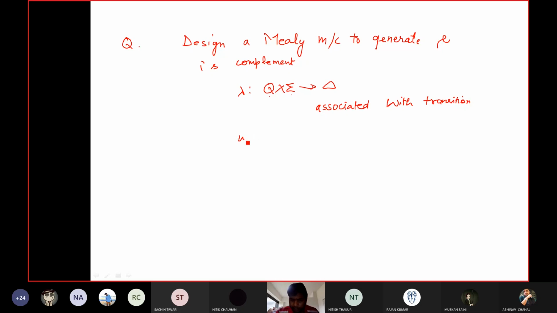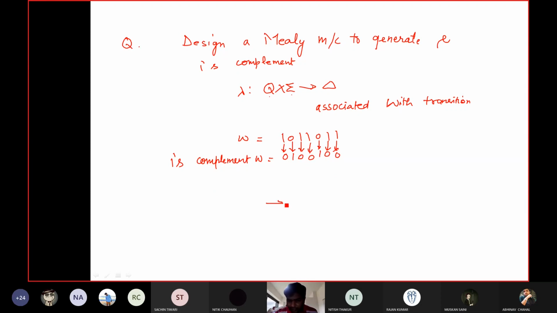And let W be any string of 1s and 0s, right? What will be the ones complement? 0 1 0 1 0 0 1 0 0 1 0 0. That means for every input we have to replace what? And it may be any length of a string.